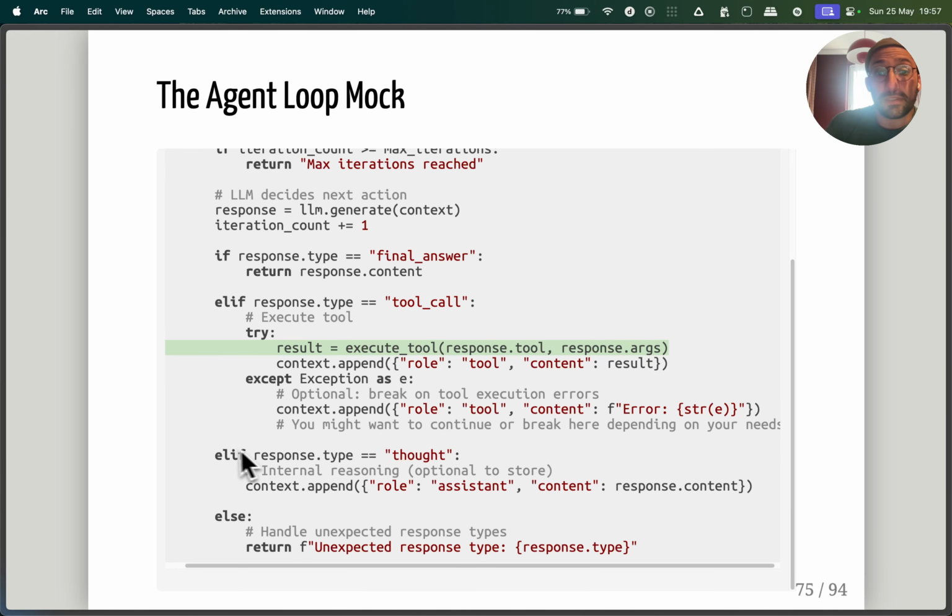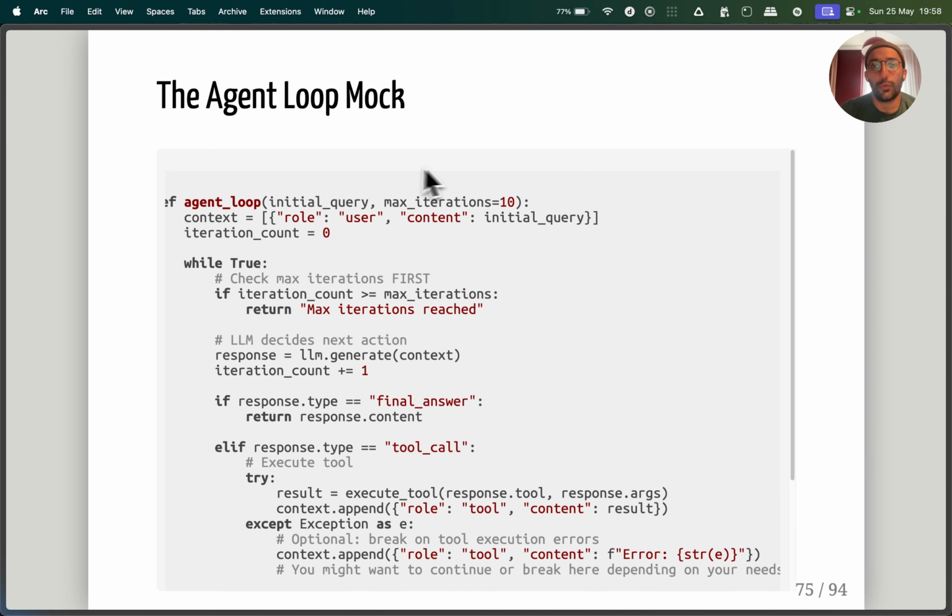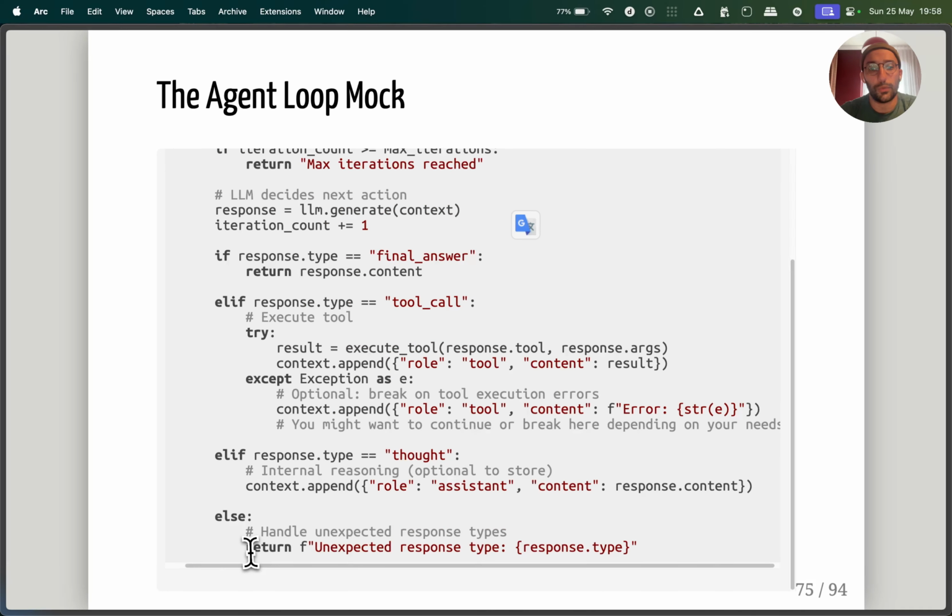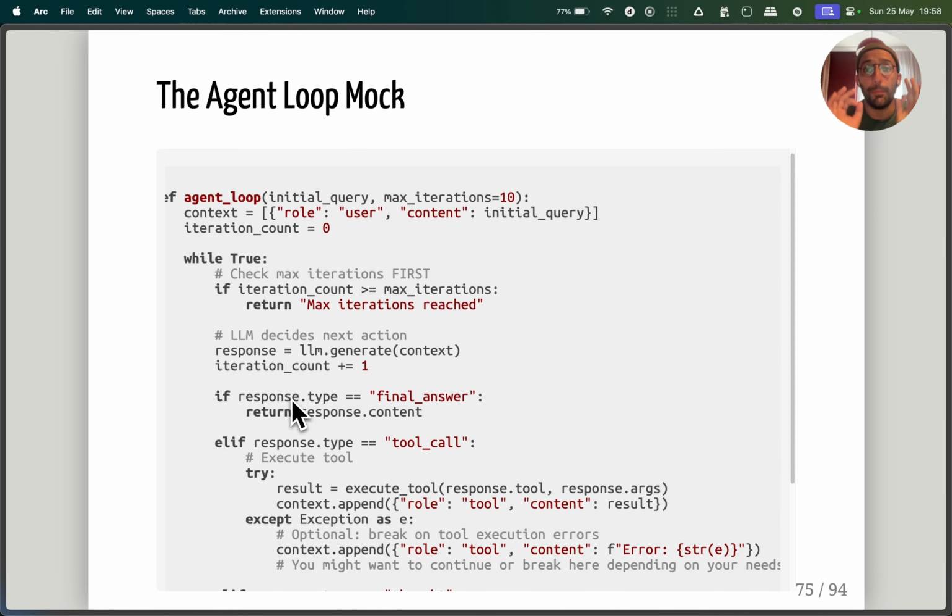And if the type of response is thought, the model is planning what's going to happen, and that is appended to the context because when it goes to another cycle, it needs to know that the previous thought was, perhaps, I need to reflect on whatever it is. Finally, if we go through all these iterations and we still haven't reached a final response, then we return an unexpected response type, something to handle errors.